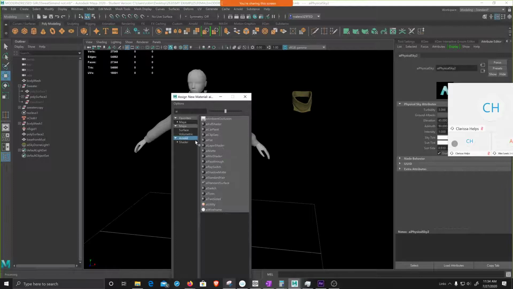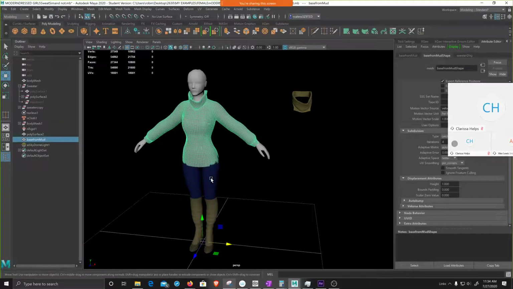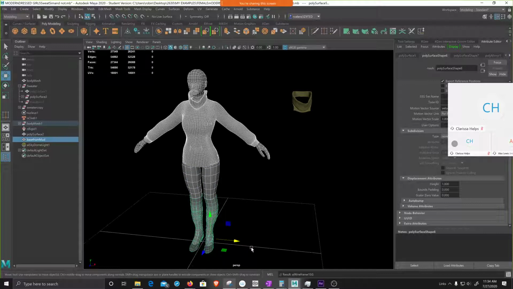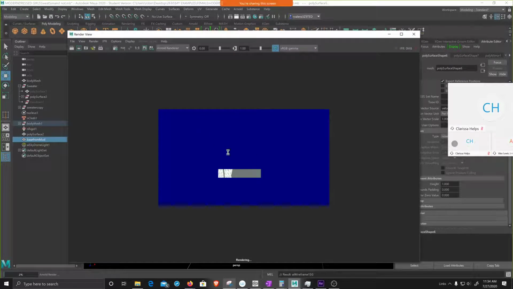If you look on the list here of Arnold materials, at the very bottom there's AI wireframe. So I didn't have anything selected, so you can just select whatever you want to put wireframe on in your scene, right click and assign that material. There it is, AI wireframe. So now when you render,